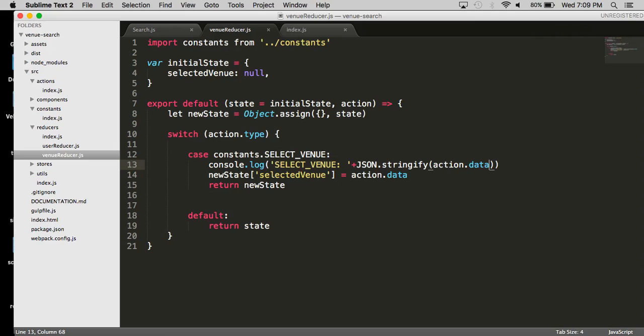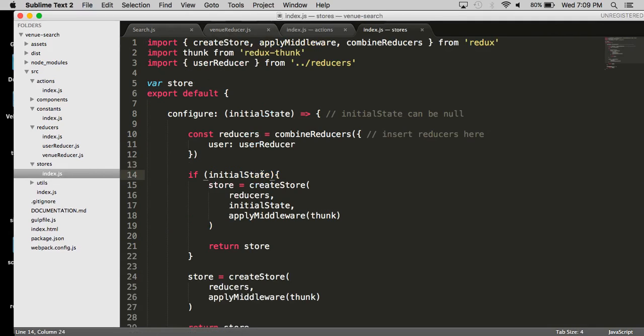So this is what I'm trying to say: the reducers are probably the most important files of a Redux application. They're kind of the workhorse. They do all the work, and that's where you define all that stuff right here. All right? So now if we go to the store,